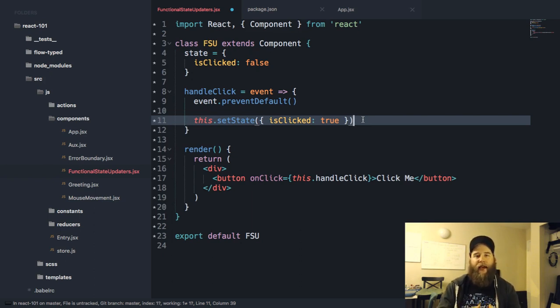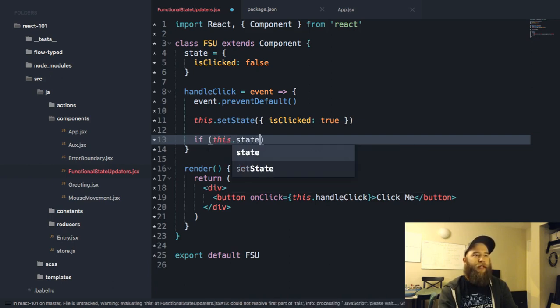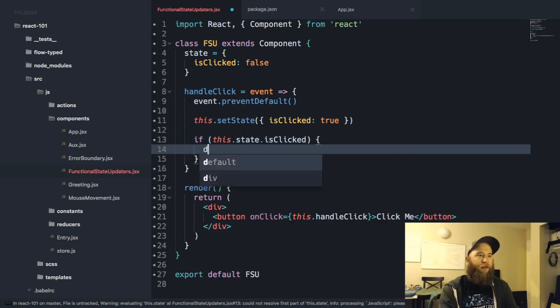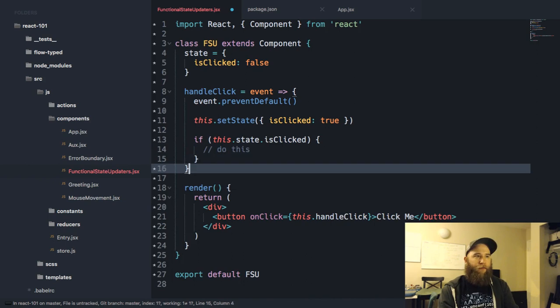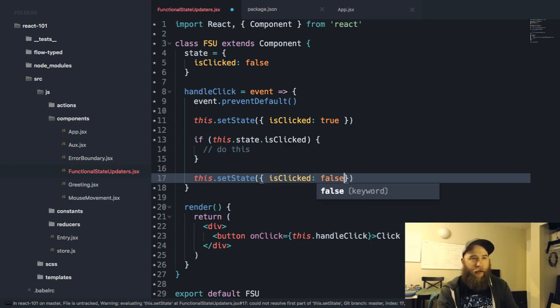setState is actually asynchronous. It's not synchronous. I can't do something like this.setState isClicked true and then check if this.state.isClicked, do this. And then when I'm done with that, I can't do this.setState isClicked, maybe isn't a great example, but isClicked to false.